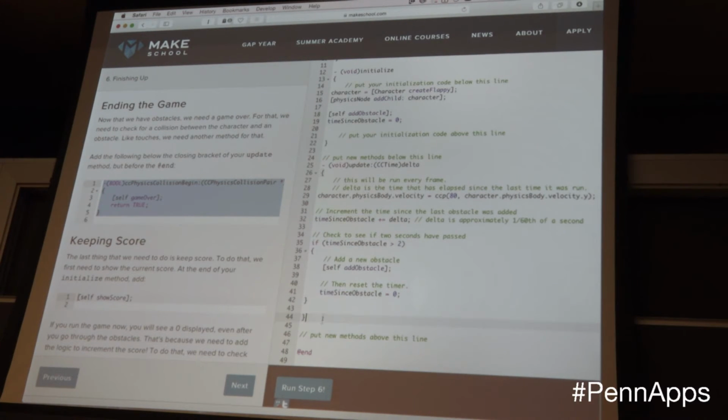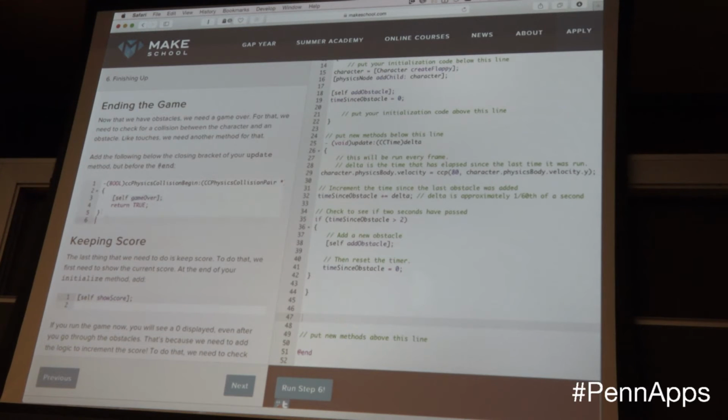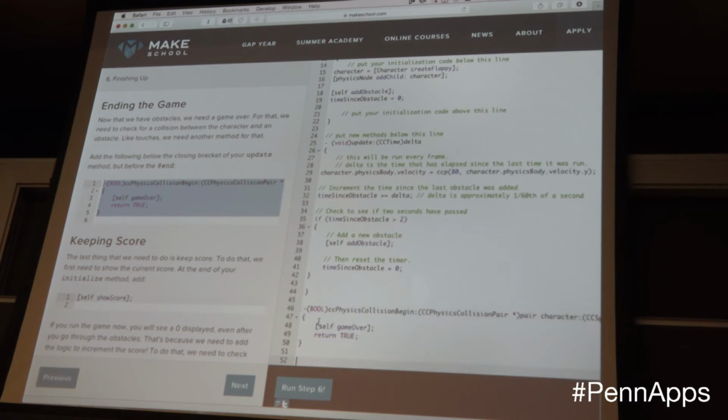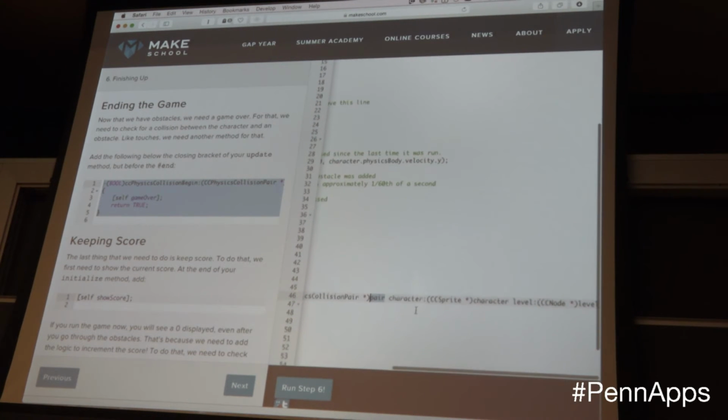Now, we're just going to implement that method here. It's going to return a Boolean, and it's CC for, it's Chipmunk physics is what it's called. But Chipmunk physics collision begin, and it gives us the pair of objects.